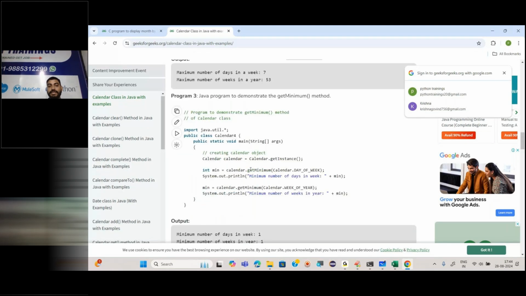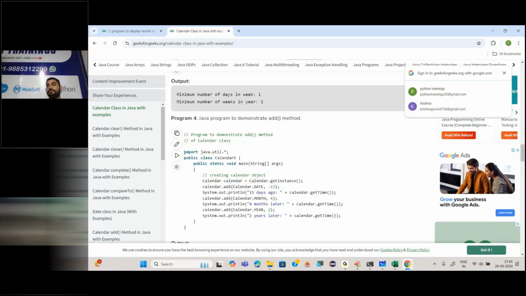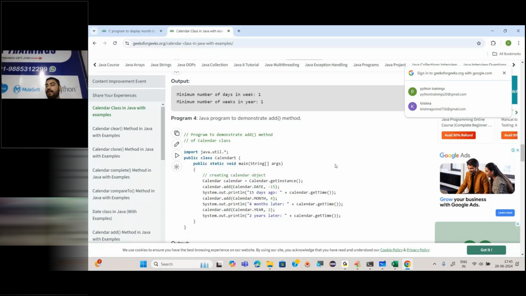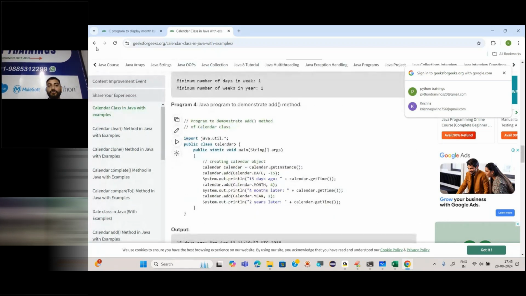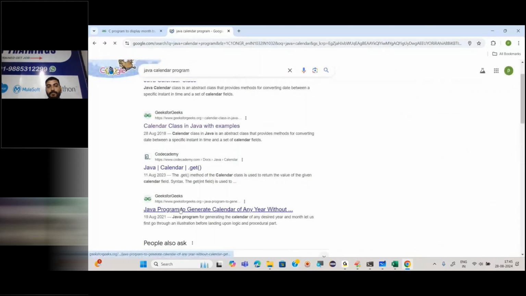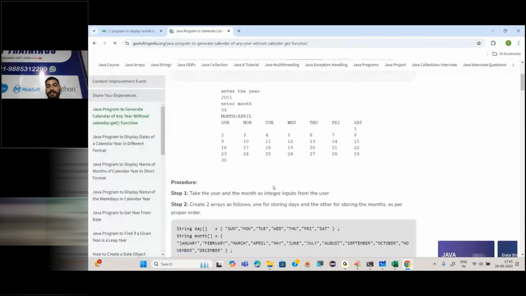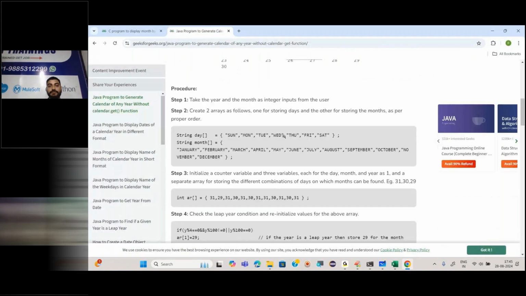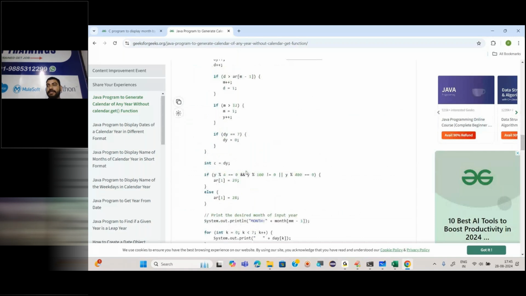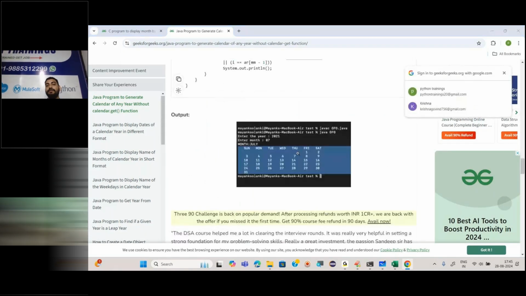But you have to understand how many lines of code we have to write here. To write a calendar like this we have to write this much long code. Are you getting it? But to get it in Python, how many lines does it require?